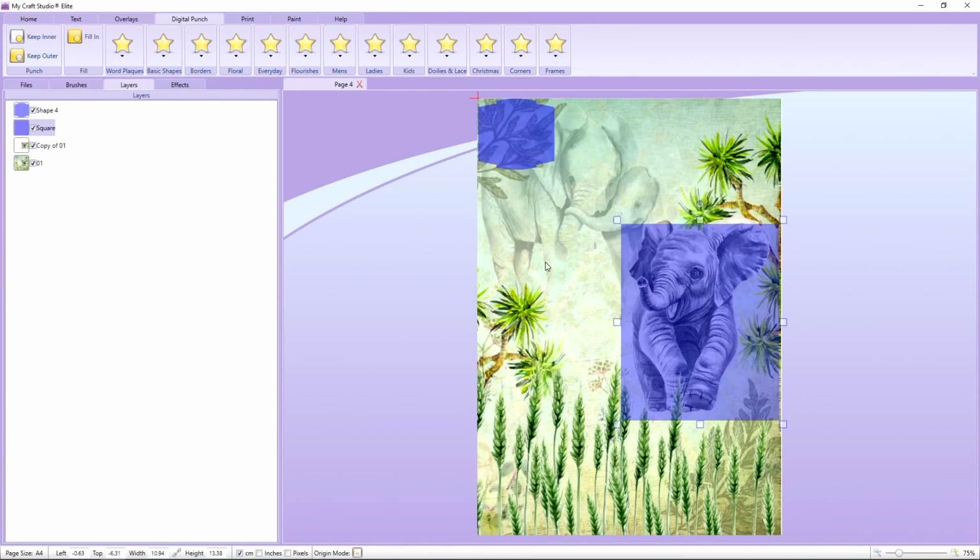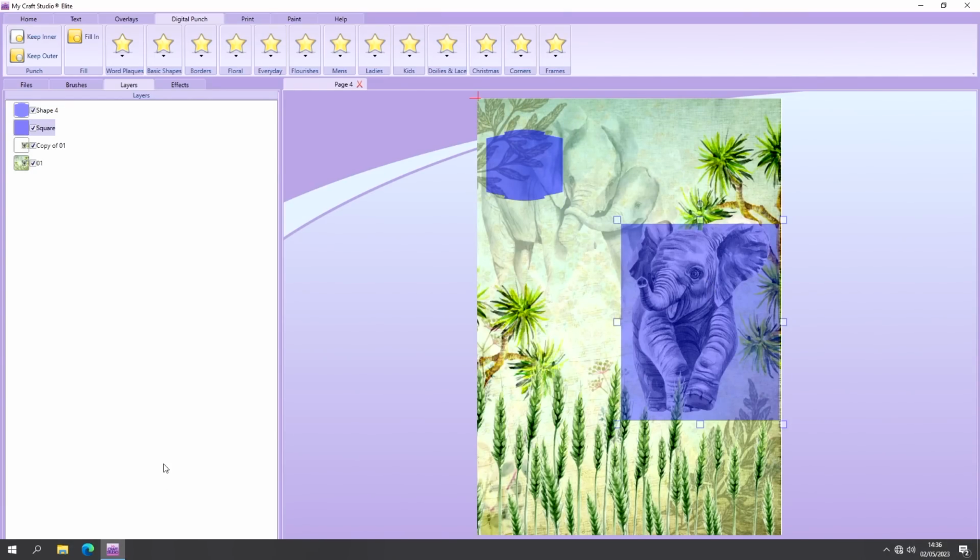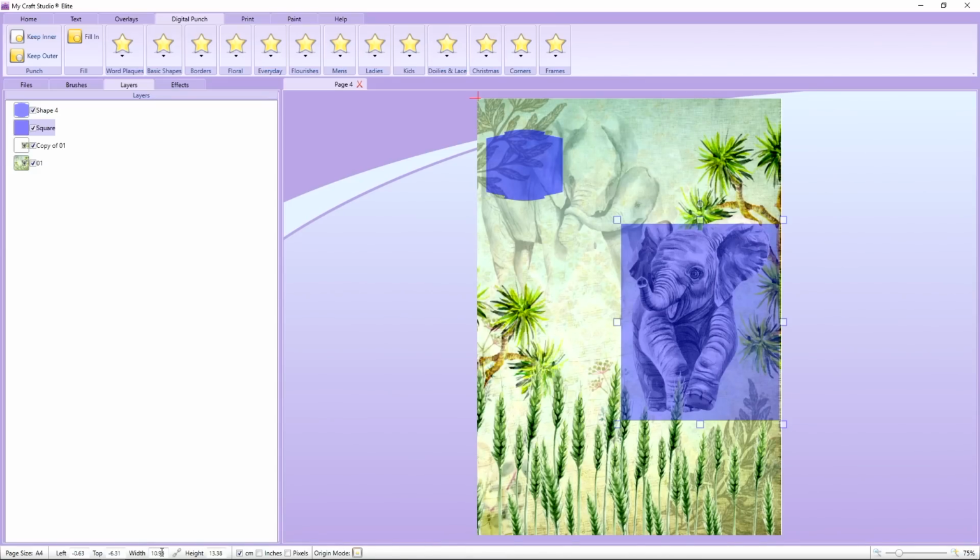So what I need to do is make sure that this punch is exactly the same width as this punch. So we click onto this one, and down at the bottom it tells us what size this is. It's 10.94 centimeters wide. So if I click on this one here and click into the width box and type on my keyboard 10.94 and then press enter, it's important that you press enter after you finish typing your numbers, then you can see that that punch is now exactly the same width as this one. So if we pop this one just over the top here, delete the square digital punch,